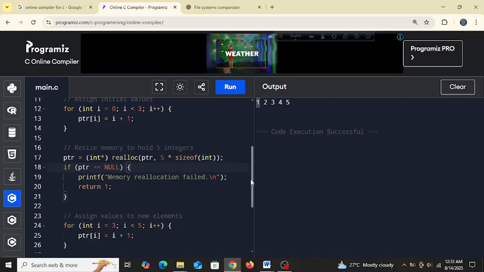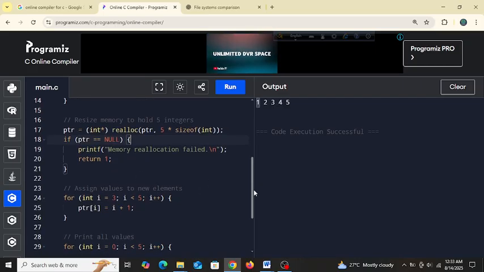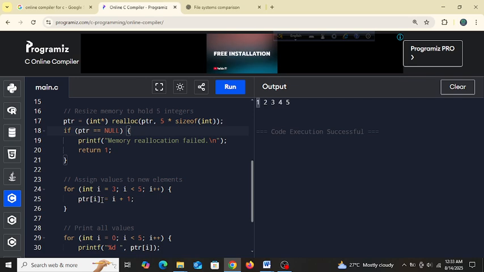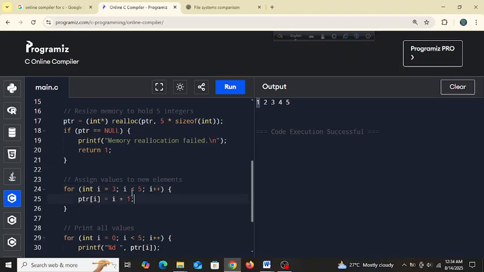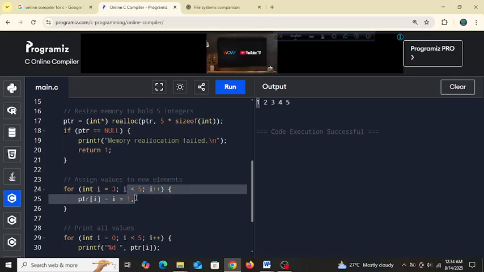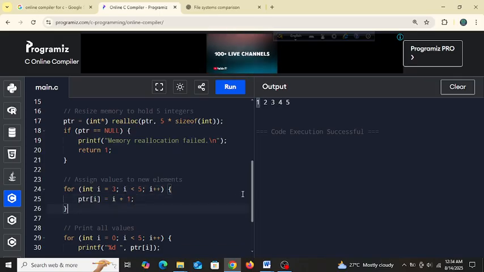So now we are assigning values, and here i starts from 3, okay, because we already have 3 elements. So i will start from 3, and 2 values will be printed from this for loop.